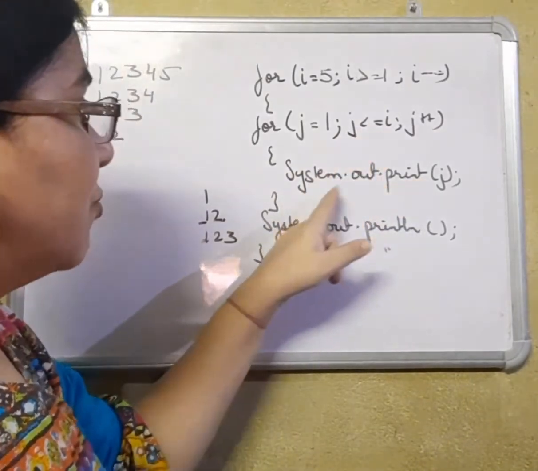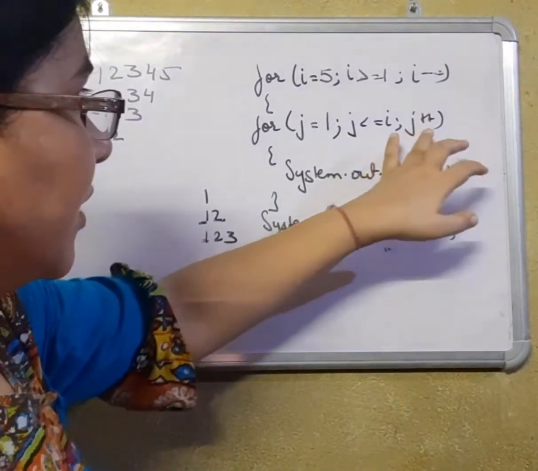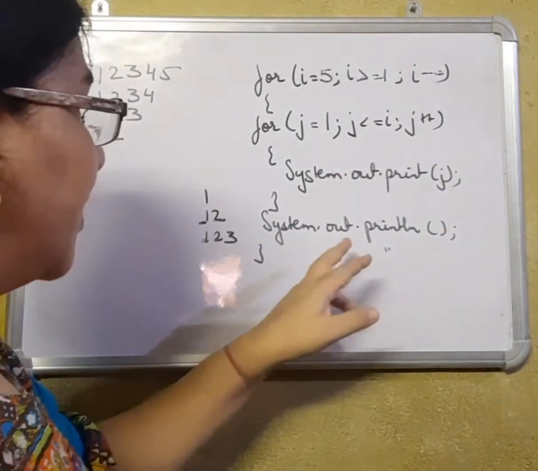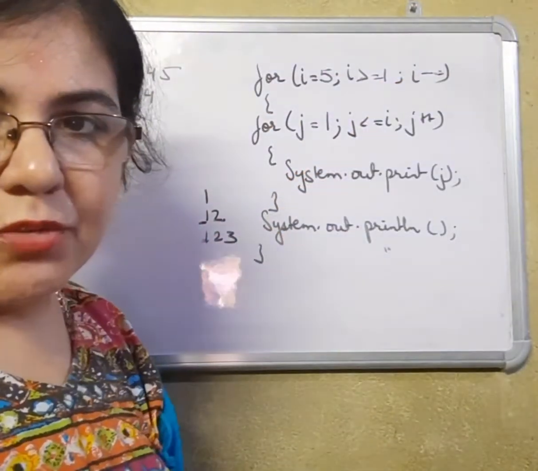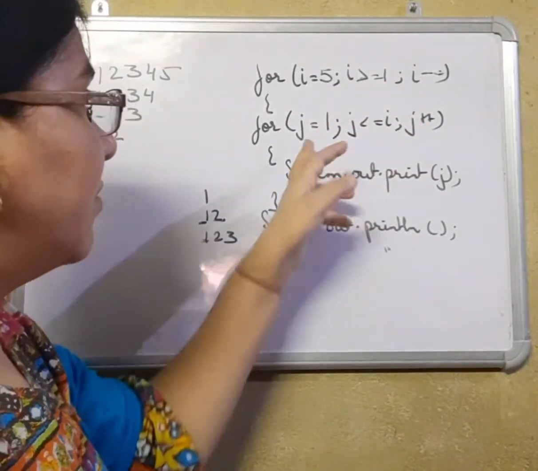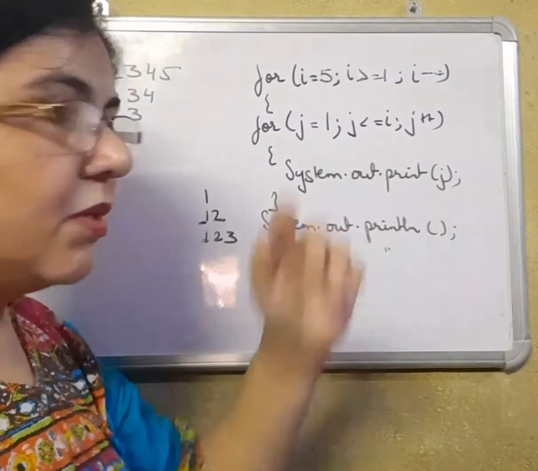Yes. So what will it be printing here? 1, 2, 3, 4. Then J becomes 5. 5 is less than equal to 4 is a false condition. Then it will come to the next one. Then again I will decrease. It will become 3. 3 is greater than equal to 1. Yes. J will restart with 1. 1 is less than equal to 3. Yes. 1, 2, 3 will be printed.